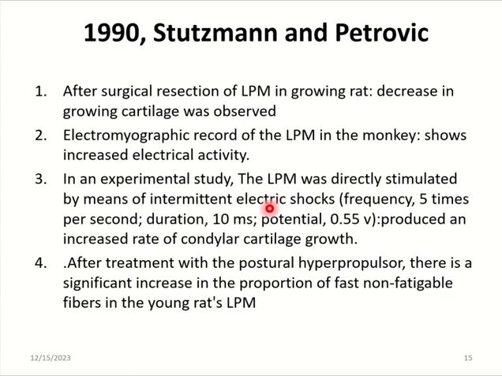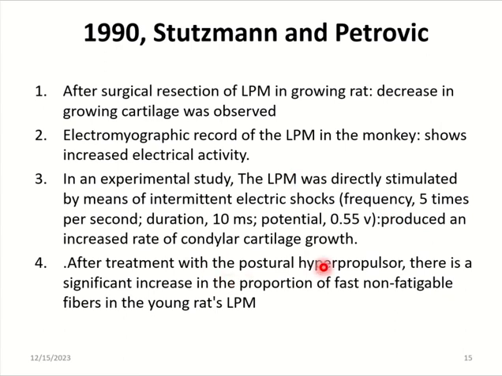So, in an experimental study, the lateral pterygoid muscle was directly stimulated by means of intermittent electric shocks that had a frequency of 5 per second. So, these intermittent shocks given directly to the lateral pterygoid muscle produced an increased rate